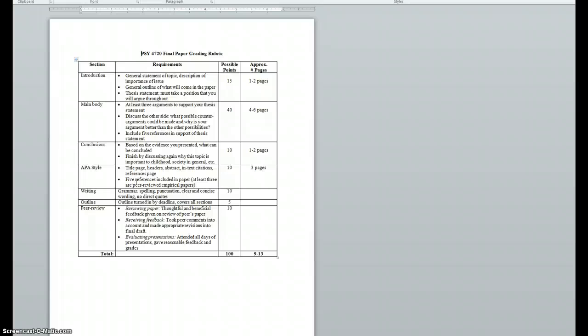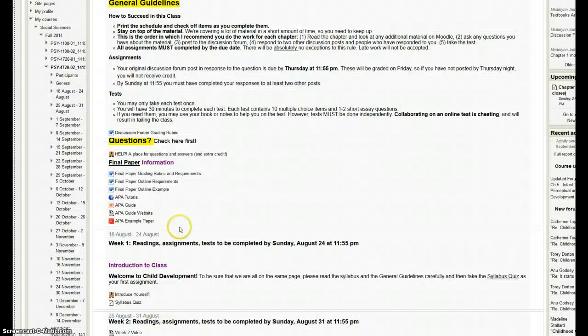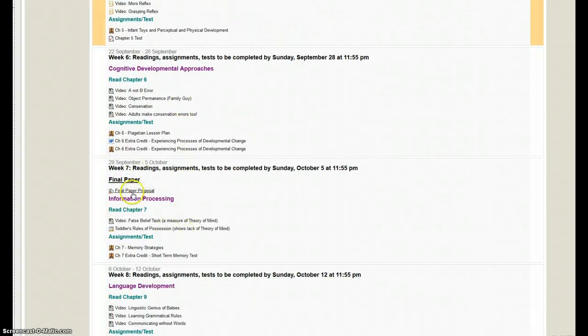For the proposal that's due in 3 weeks, and I've got it listed down here, is where you'll submit it. You need to submit the general topic that you're covering, your thesis statement, so tell me what argument you're going to make, and an APA style reference for the citations for at least 3 of the articles you need to include in your final paper. So you will need to have references when you turn in this proposal.